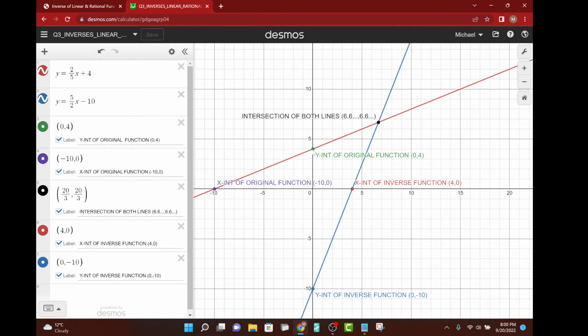That corresponds to the y-intercept of the original, which is at 0 comma 4. Do you see what's going on here? Things are just getting switched around. And then the intersection is at 20/3 or 6 2/3. So that's 6.6666666 repeating, comma 6.6666666 repeating. Very interesting behavior,